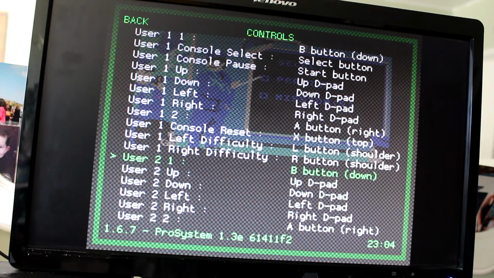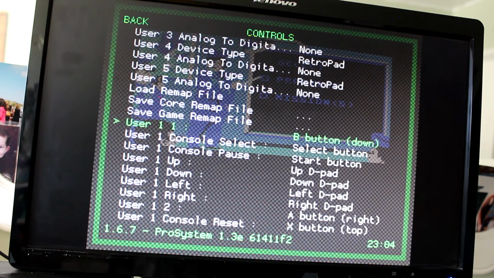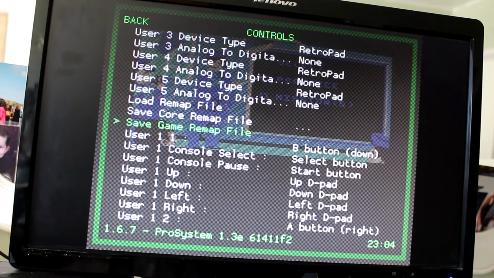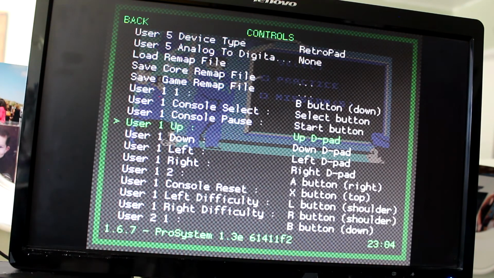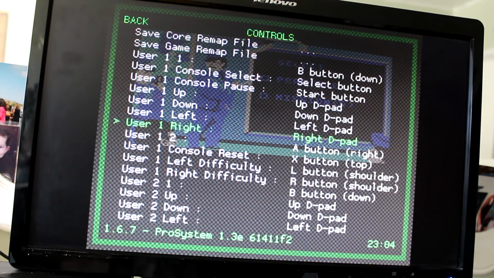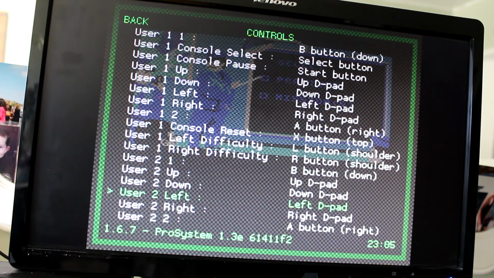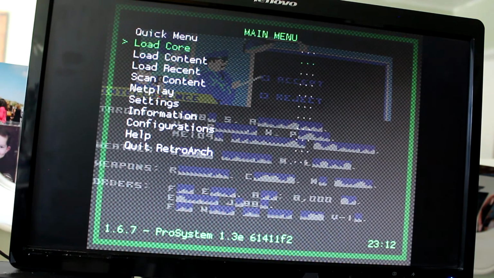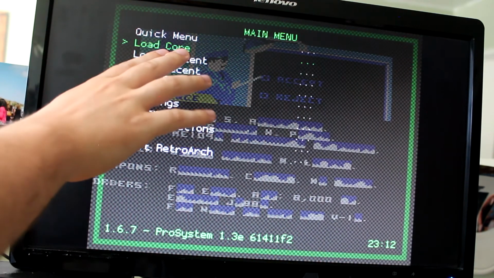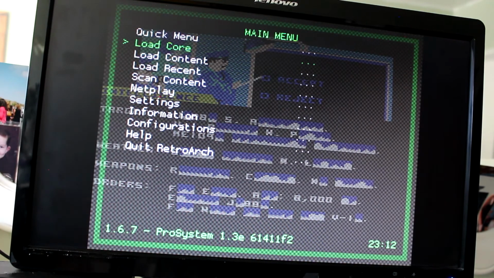So if you have an issue with one of your games where the controls aren't right, but just for one game, or maybe just for one console you don't like the controller layout, you can edit it here without fear of it impacting the rest of your consoles. So moving down the list, you can choose Load Core, which is going to be unnecessary for us